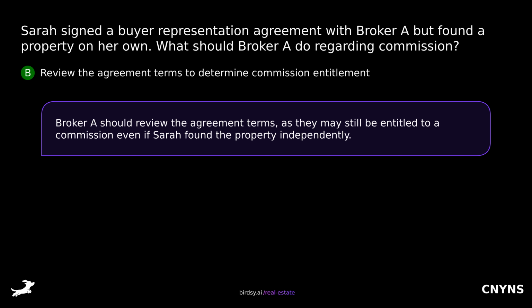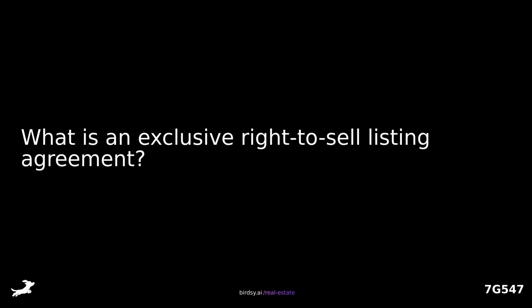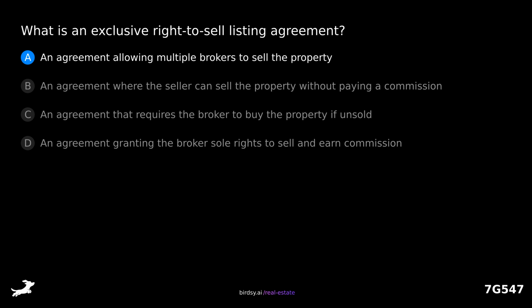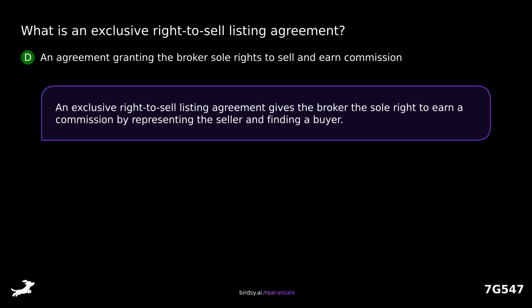the property independently. What is an exclusive right-to-sell listing agreement? Is it A, an agreement allowing multiple brokers to sell the property, B, an agreement where the seller can sell the property without paying a commission, C, an agreement that requires the broker to buy the property if unsold, or D, an agreement granting the broker sole rights to sell and earn commission? The answer is D, an agreement granting the broker sole rights to sell and earn commission. An exclusive right-to-sell listing agreement gives the broker the sole right to earn a commission by representing the seller and